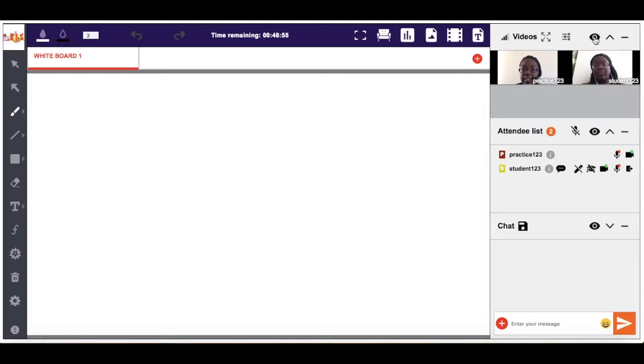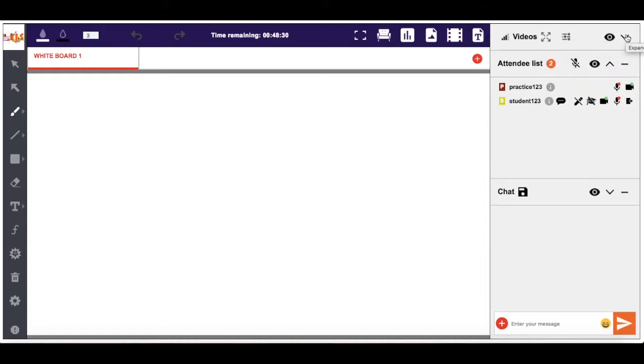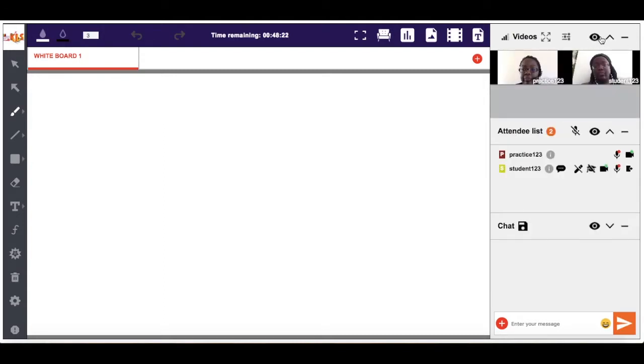The eye does not affect my side, but it affects my student's side. So what I've just done was made the video not visible to my students. And the up arrow here collapses it. So for my view only, I cannot see the videos. The children will still be able to see the videos if they don't click that button. So remember, if you don't want them to see it, you need to press the eye. The negative sign here